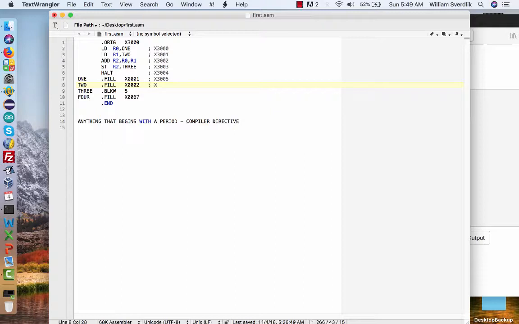This would be at hex 3006. Now this, I'm allocating 5 words. So there's going to be 3007, 3008, 3009, 300A, 300B,